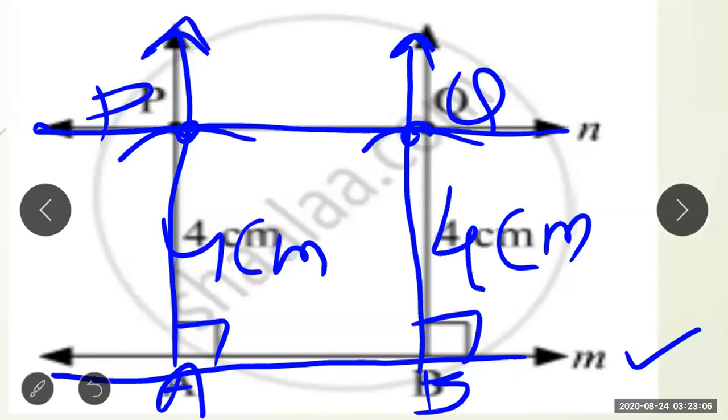You will put an arrow. Arrow means that the line doesn't stop there, it continues. You have to make the line bigger than the point. Is it clear? The line should be bigger than the point, so it will be extended. It should not stop on the point only. They told us to take 4 centimeters, so you will take 4 centimeters only. You will cut with the compass, draw a line, and then write how many centimeters you have taken. So this is the sum. You have to follow what they are telling you and mark it over there.